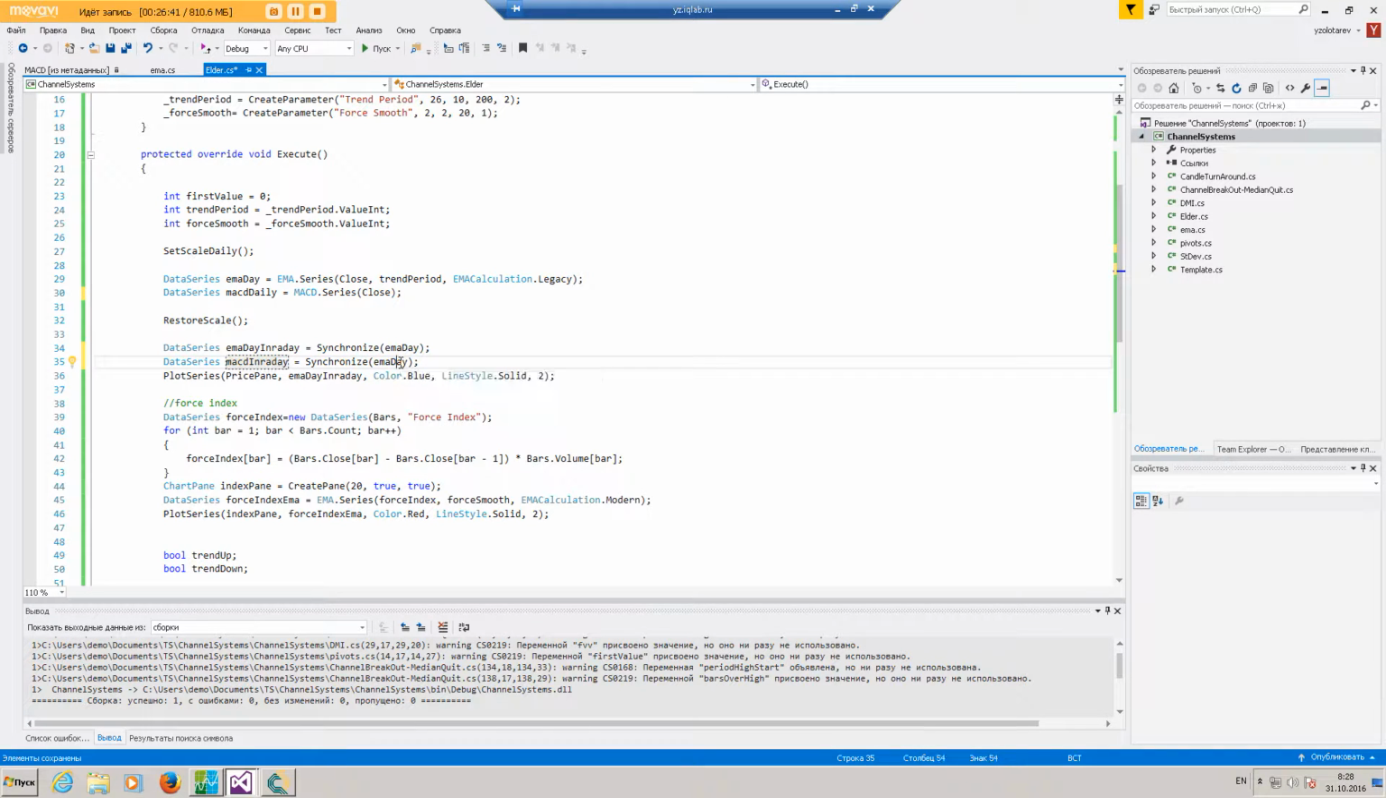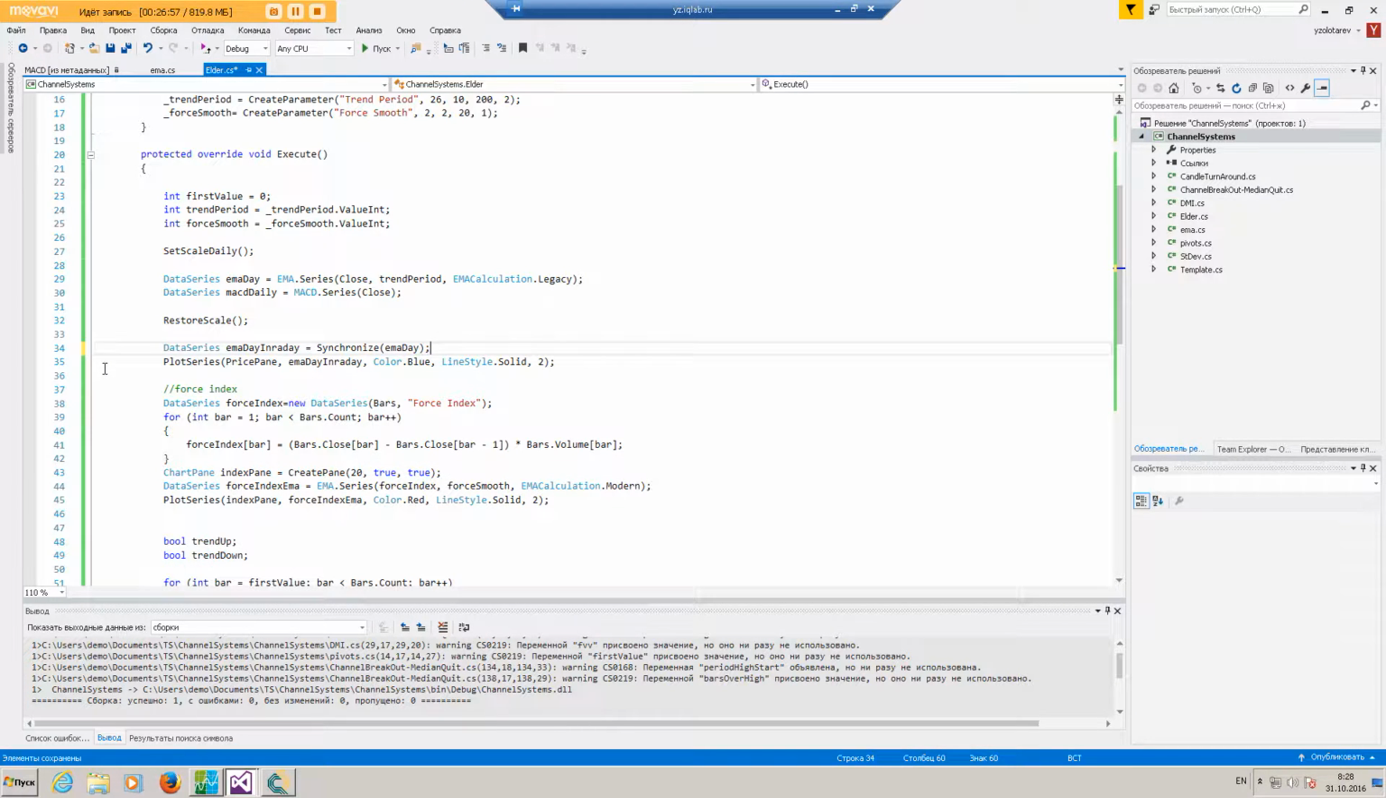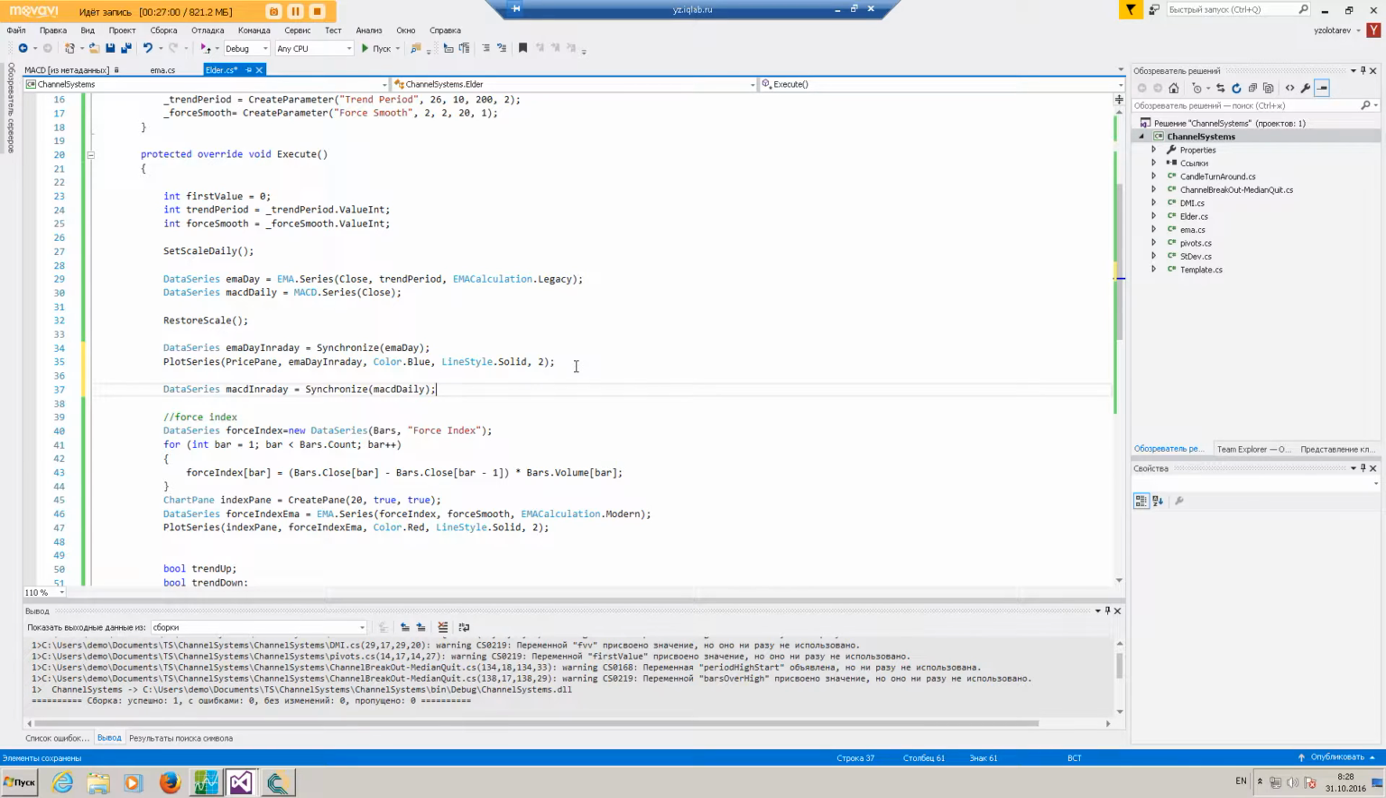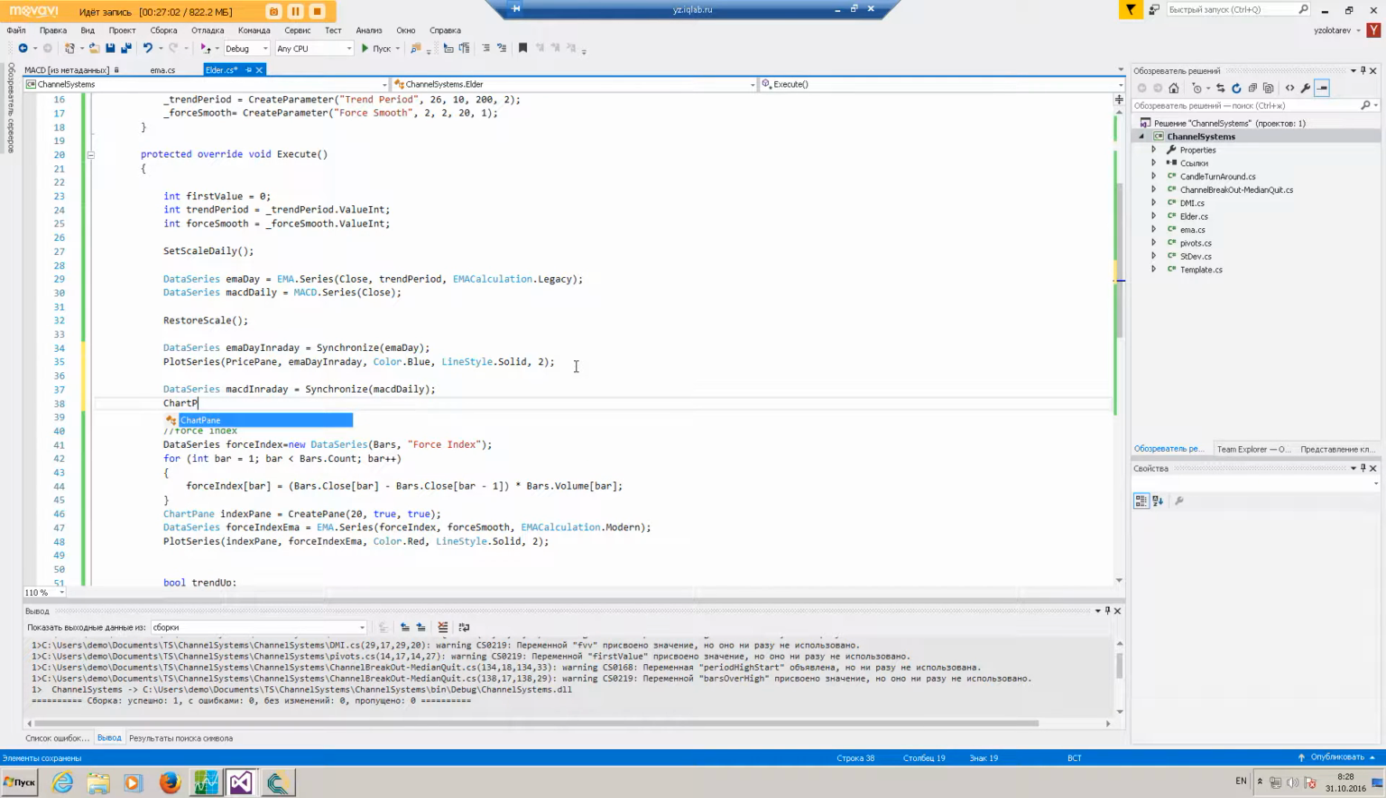MACD intraday synchronize, MACD daily, and we're going to plot it, but it has to have its own chart pane. So chart pane, in fact, let me just copy this. All right. MACD pane, okay, and we plot